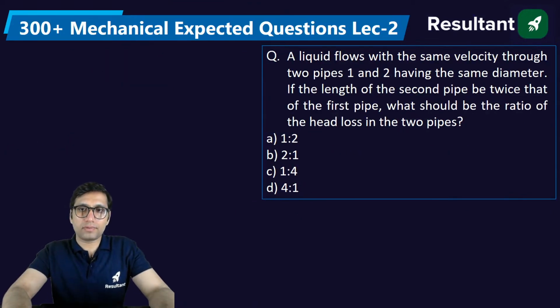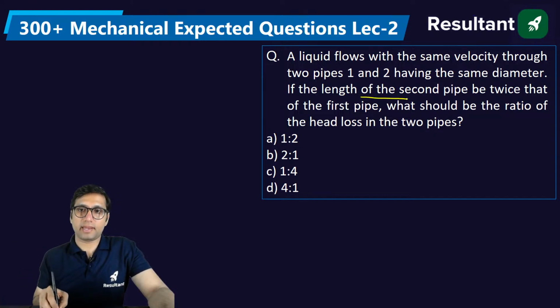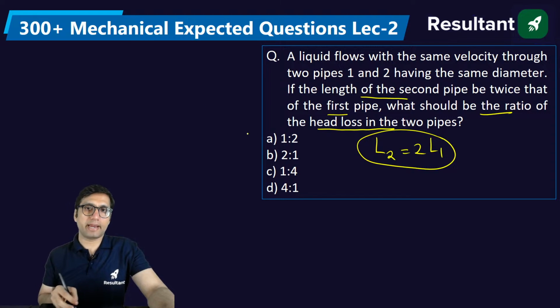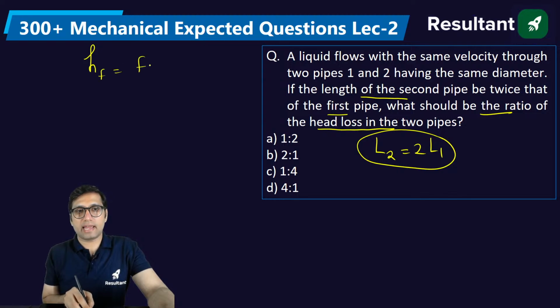A liquid flows with the same velocity through the two pipes 1 and 2, having the same diameter. If the length of the second pipe is equal to 2 times the length of the first pipe, what should be the ratio of the head loss in the two pipes? What is the relation of the head loss? Head loss is equal to FLV square by 2GD, or you can also write head loss as